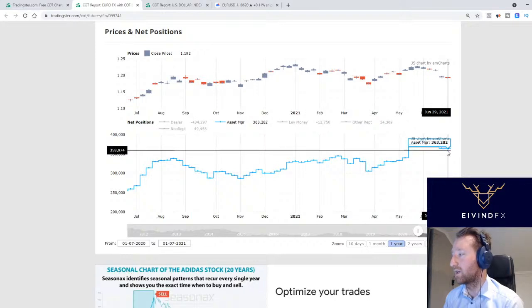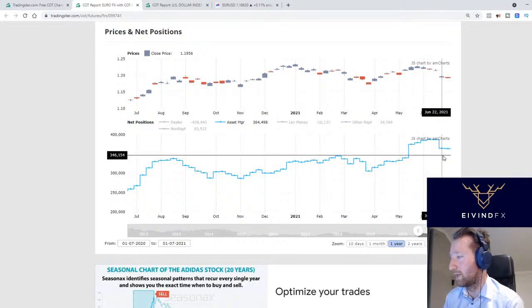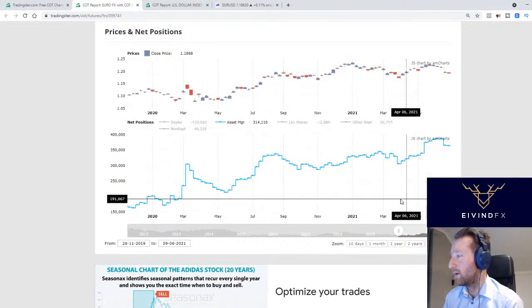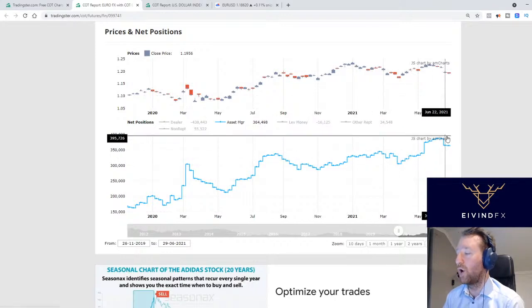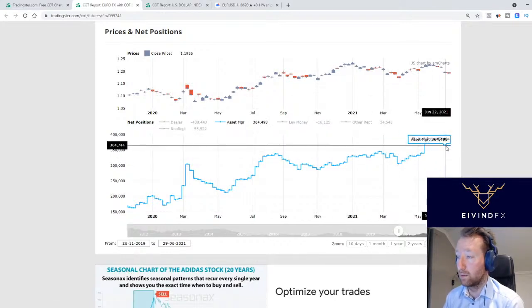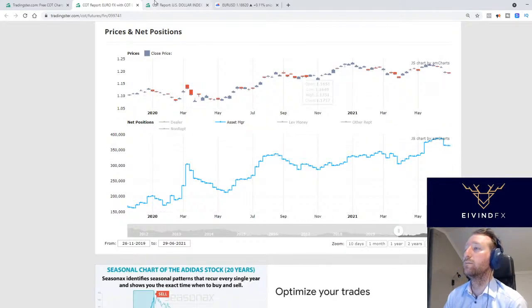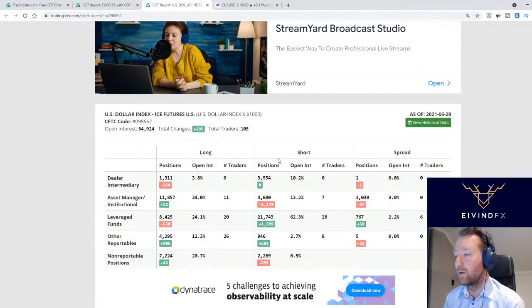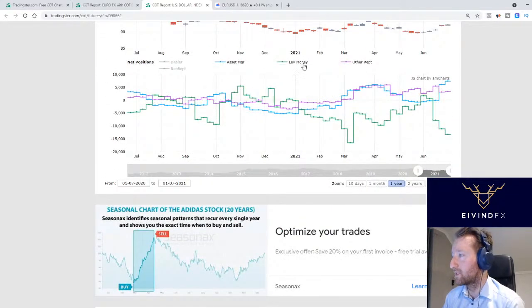The thing is, if we now have a large drop here, that would be a significant difference. If you come down to this level in the COT net, that would be a break of the uptrend. Currently, we're making a higher low, which is okay. But if we start turning lower from here, that is a red flag, okay? Same thing with the dollar index.